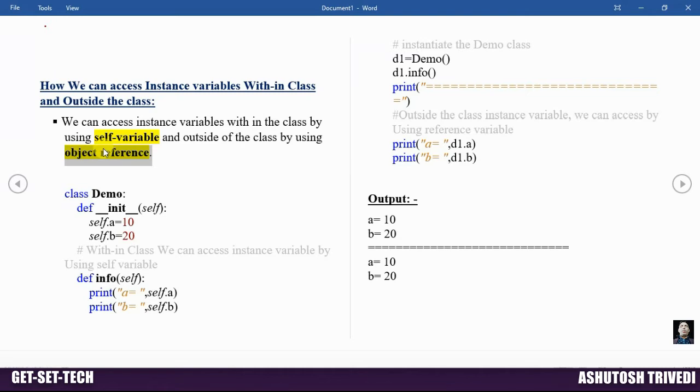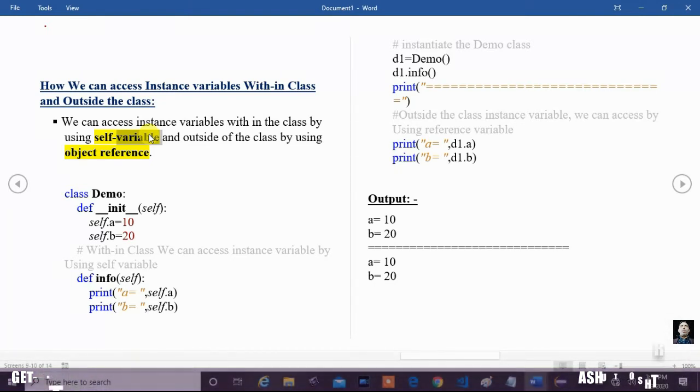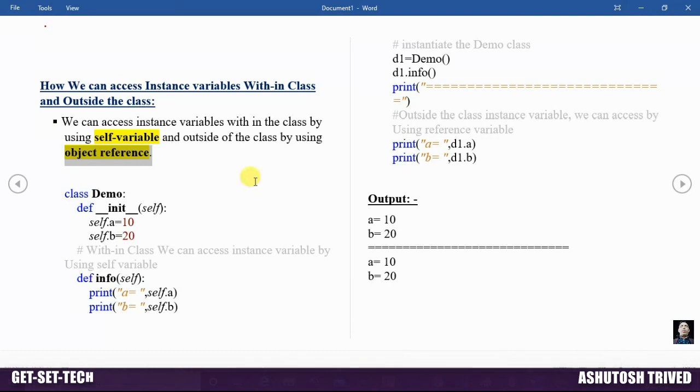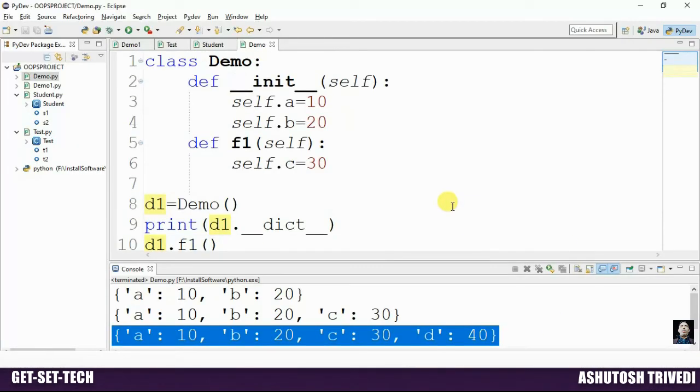If you want to access an instance variable within a class, you can access it by using the self variable. If you want to use an instance variable outside the class, you can access it by using an object reference. Now let's come to the program and try to understand.